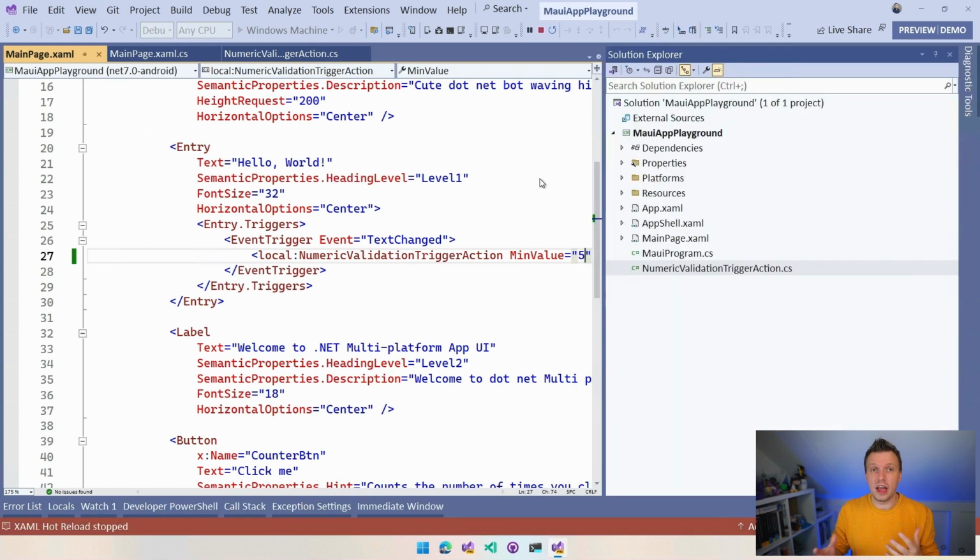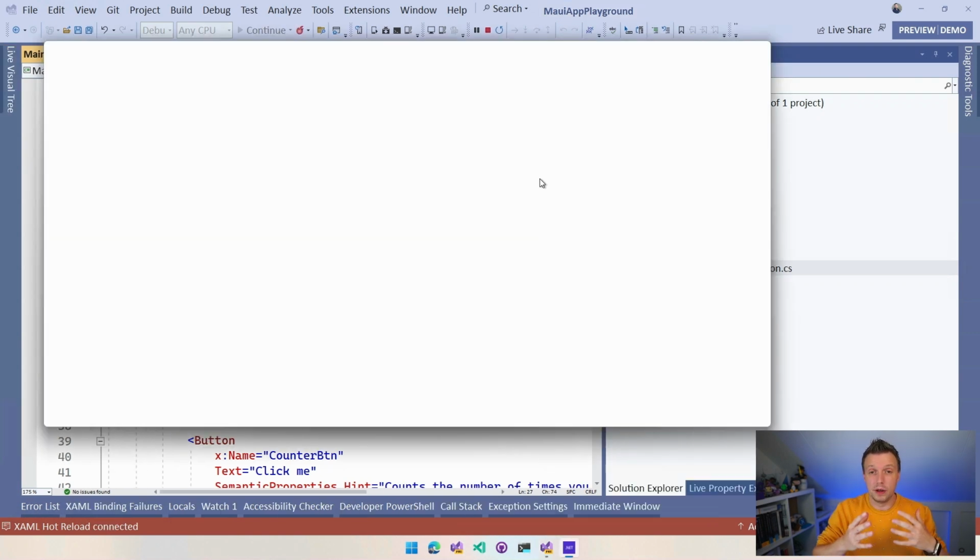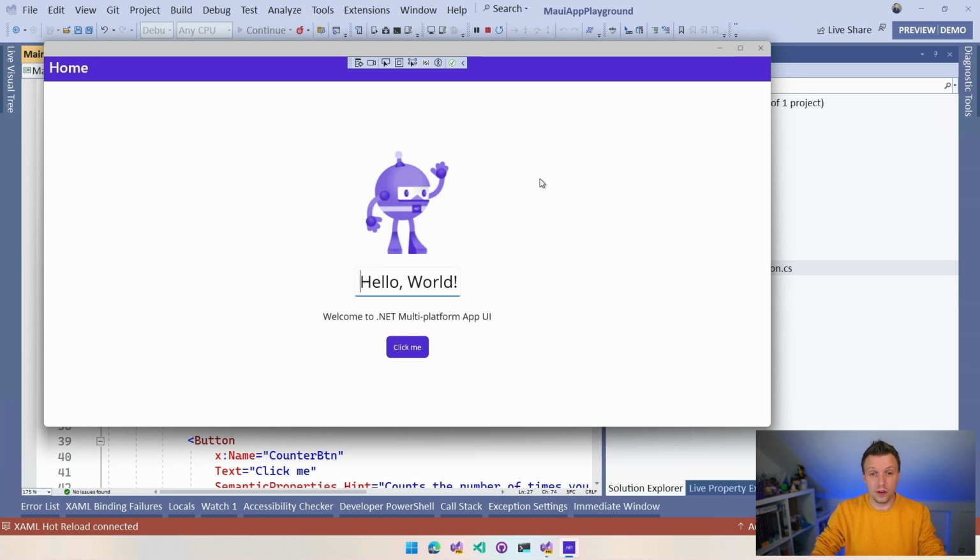And this way you have this very flexible way of coming up with all kinds of logic to implement form validation and all kinds of other things of your choosing that you can implement by just having this XAML and a little piece of code, which is very reusable. So if I remove all of this and if I put in 1 now, it should have been valid before, but now it's invalid. And if I put in 6, then all is okay. And that's how to work with event triggers in .NET MAUI.